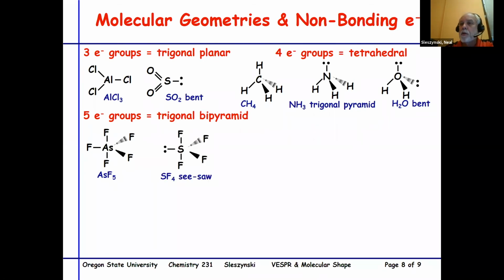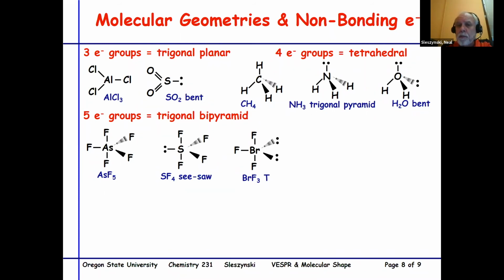But as soon as we start to incorporate non-bonding electron pairs, as we see here in sulfur tetrafluoride, we now get a different geometry. And we would refer to this geometry as a seesaw, after a piece of playground equipment, which my generation got to use, and younger generations probably never saw because of lawsuits. We can move on to two non-bonding electron pairs for bromine trifluoride, and you can see that the molecular geometry